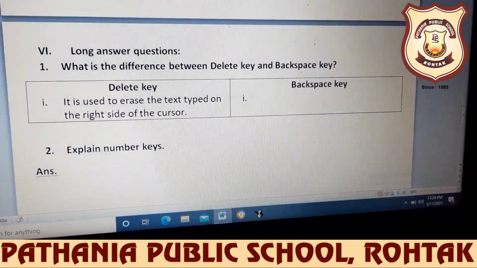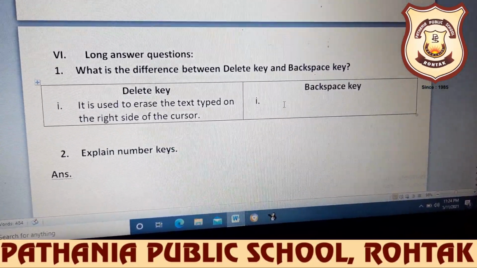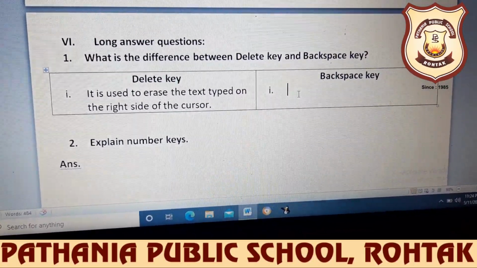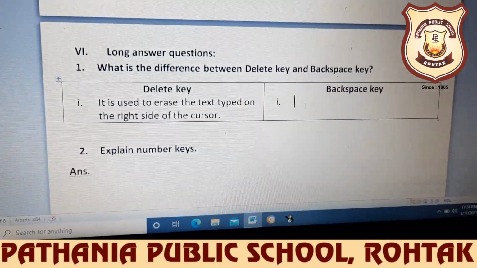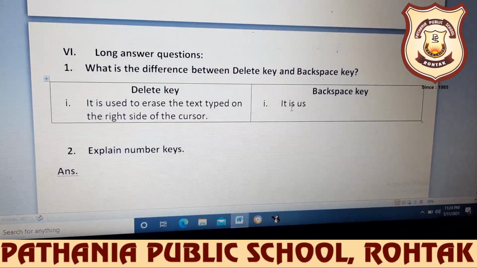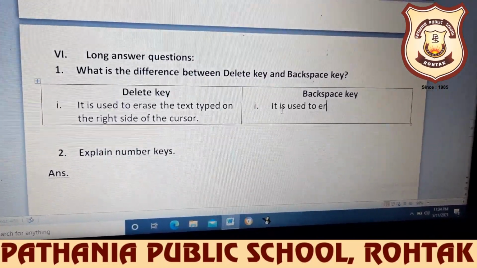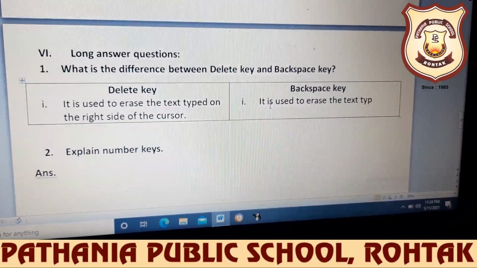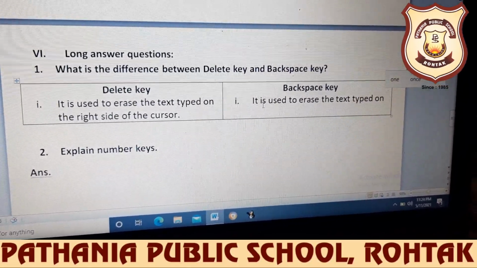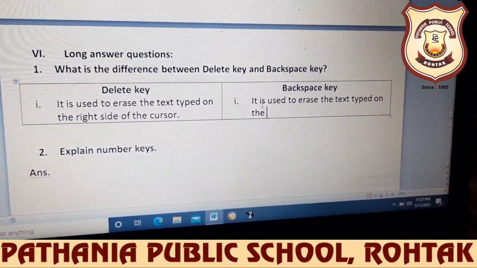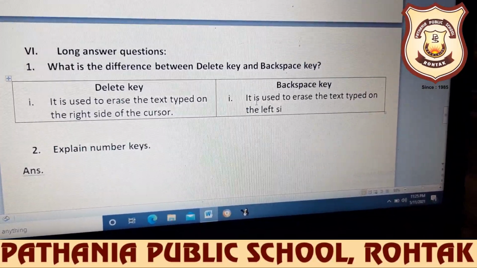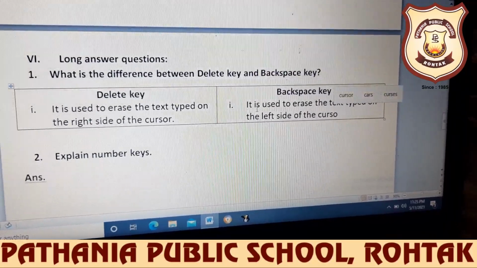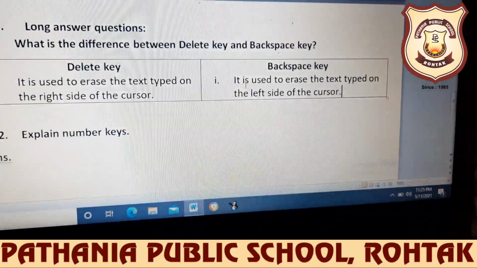Whereas backspace key is used to erase the text typed on the left side of the cursor. So we'll write here, it is used to erase the text typed on the left side of the cursor. Okay, so just write it down.